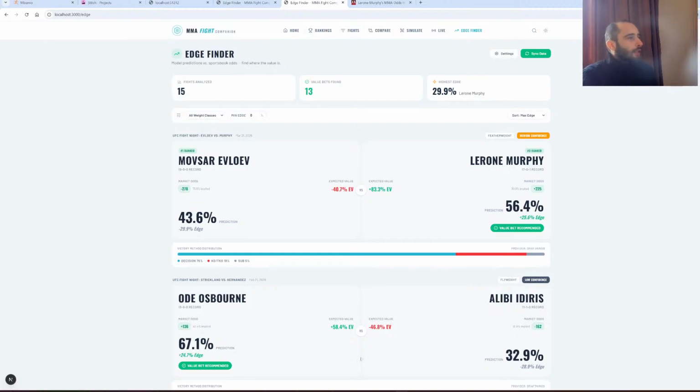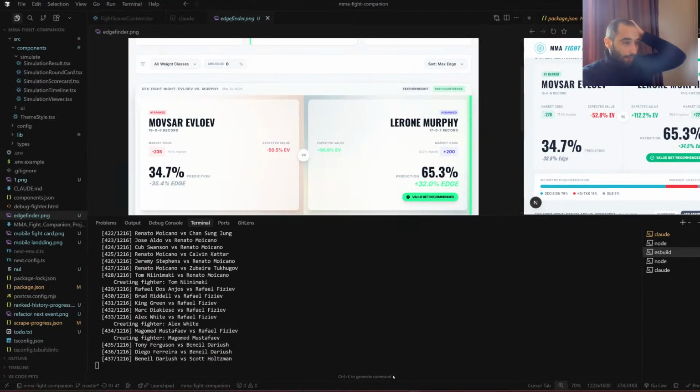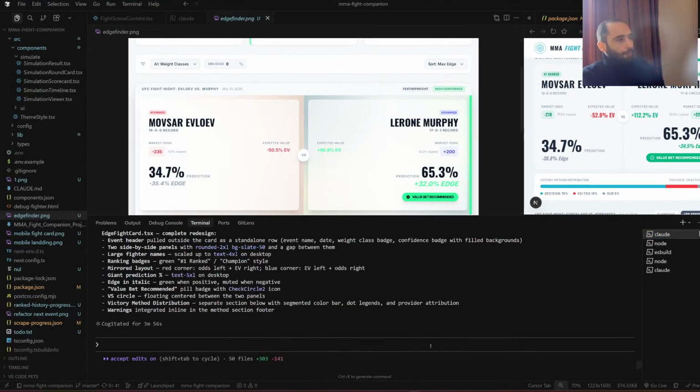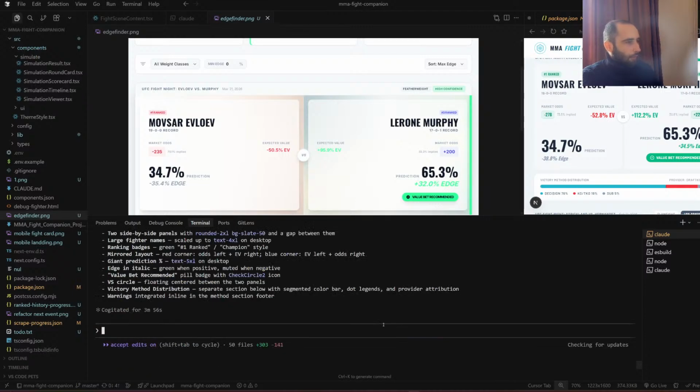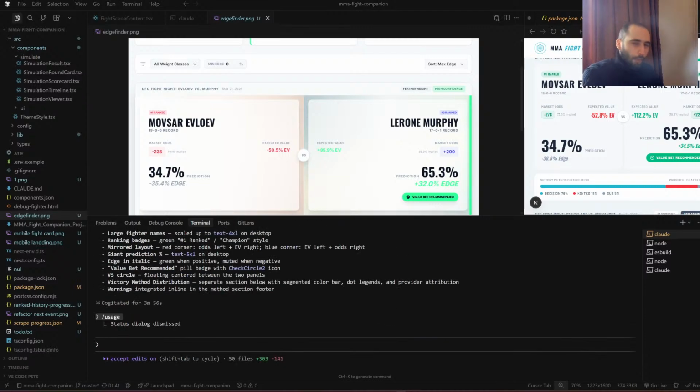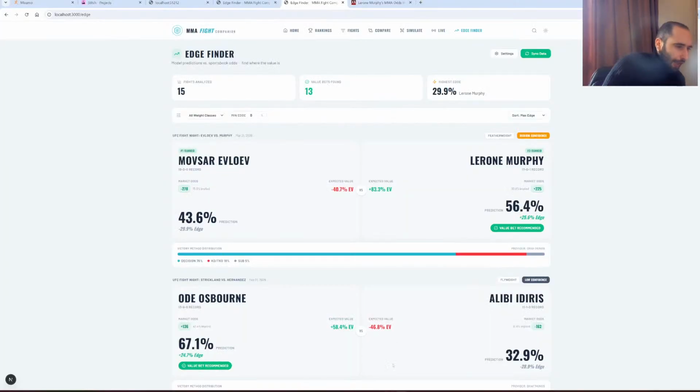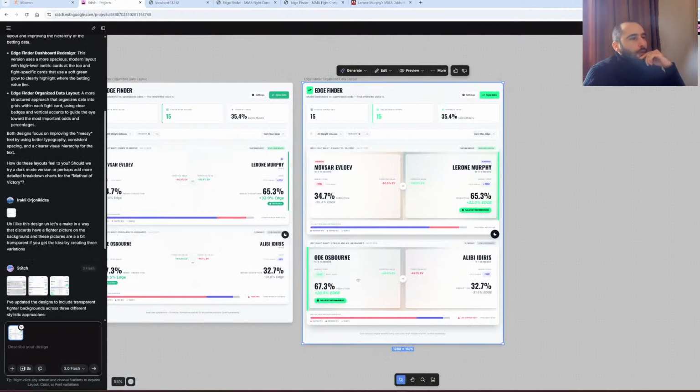So okay, let's now specifically take a look at the design. Did it finish, by the way? It finished. Let's check the usage. Today I made some deep researches. Okay, it's all cool. So I'm super excited about this edge finder. I need to add to the list an about us page, FAQ page, and I need to figure out